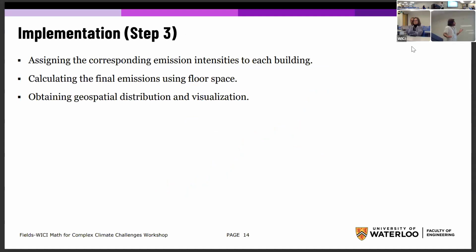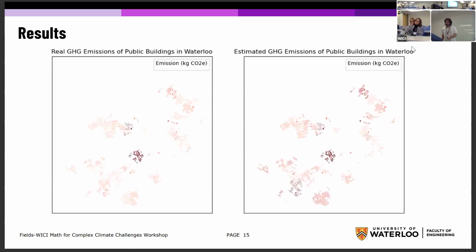And step 3 is creating the distribution. We assign the clusters to each of the buildings we have. We estimate the emission using the floor space, and we visualize. In this one, I should have chosen a better color, but on the left-hand side, you can see the real reported emissions for public buildings in the city of Waterloo, and on the right,